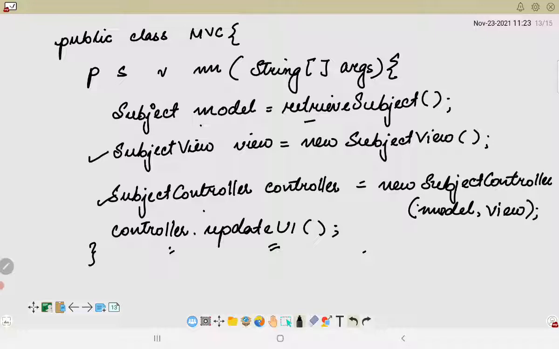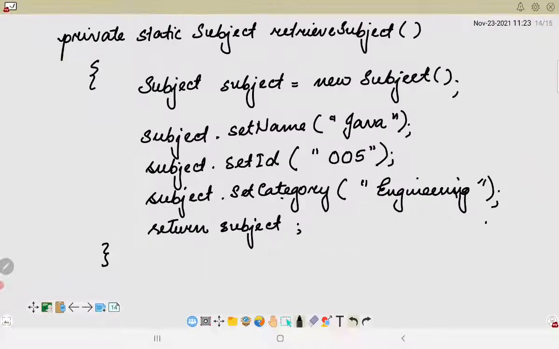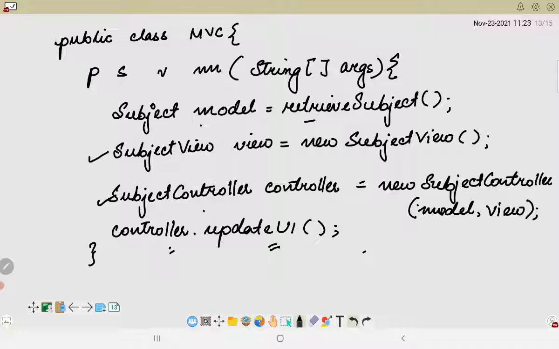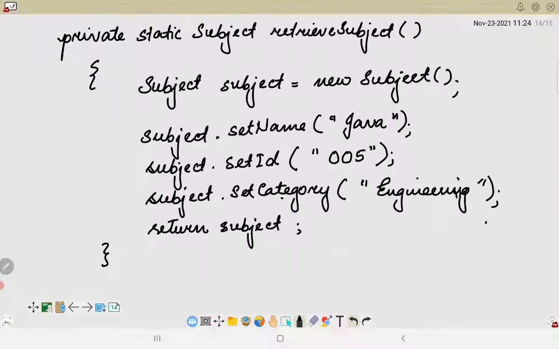Once this view layer is up and the values are updated in the view layer, we will be able to display it to the user. Now when we are talking about this particular retrieve subject, if we have to call a particular method which will help us to store these values in the model, that means in the database, we will simply set all the values in the database using this particular method.